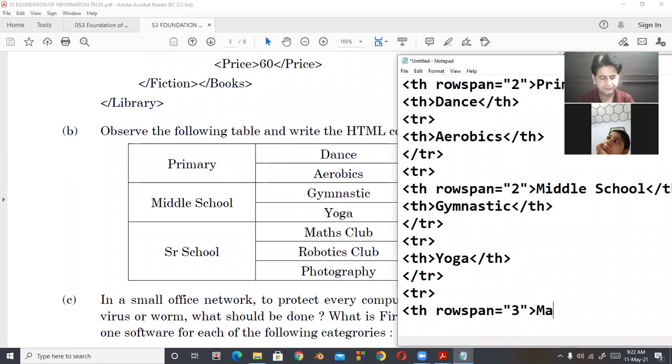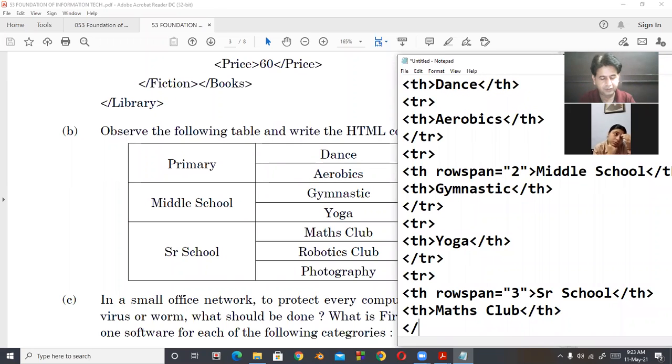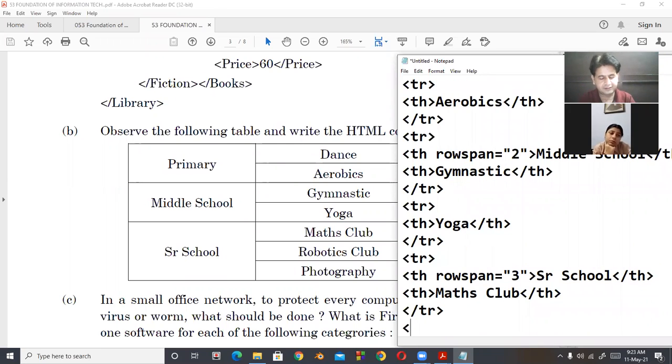The contents are math club, here first is senior school, and then in next there is math club, TH closed. Now row will be closed, and then next row start.